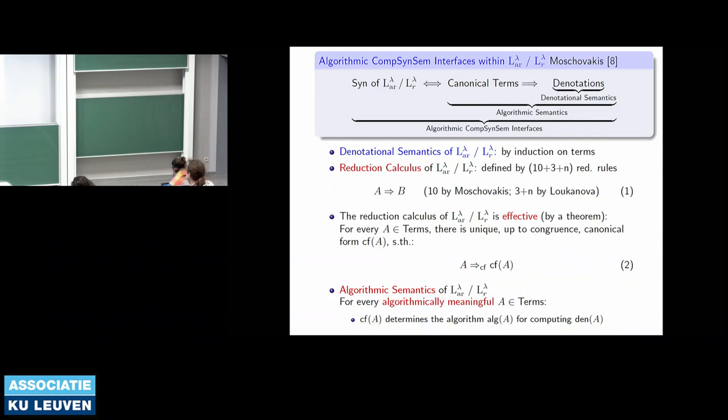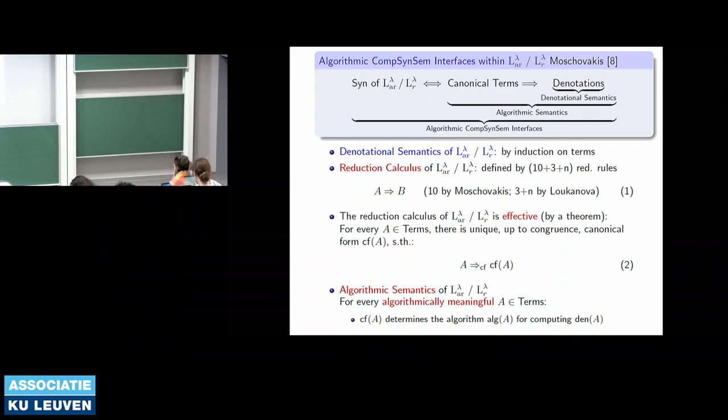I'll explain why. Actually, this reduction calculus is not by me. The entire system, syntax and semantics, is by Yannis Moschovakis. He is probably the best living, reliable, contributing mathematical logician with expertise in set theory. He is famous for textbooks that are used, the small version, but also for the big set theory, descriptive set theory, and recursion theory. And that is why he came up with this system.